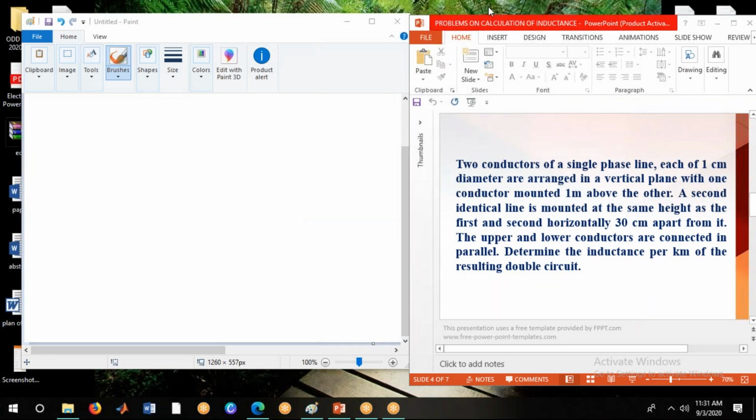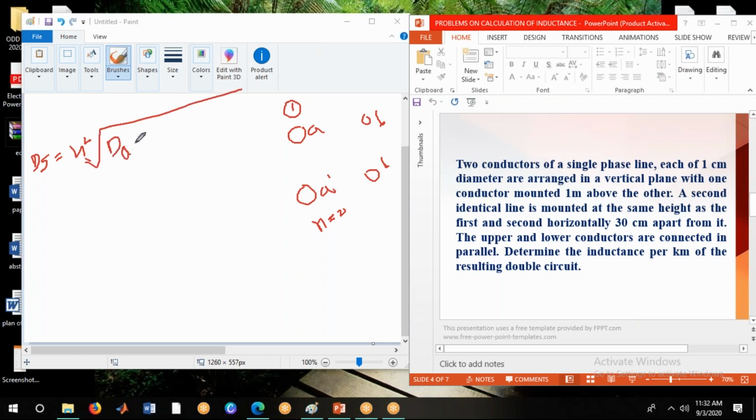Now we are going to calculate the DS value. So now I am choosing conductor 1 as the reference, and it has two strands, namely A and A dash, and the second conductor has B and B dash. Now I'm calculating the self GMR, right? Self GMD. So we have to consider only one conductor, and its formula is DS equals, it has n number of strands, that is equal to 2. Its formula is n-th root of D, first self distance DAA into DAA dash.